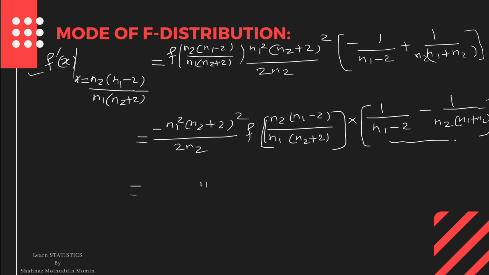After simplifying this bracket, we get n2 (n1 plus n2) square minus (n1 plus 2) divided by n1 into